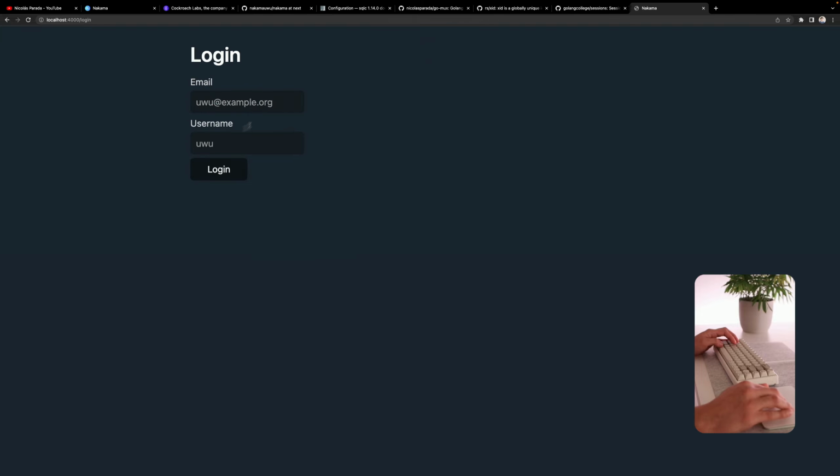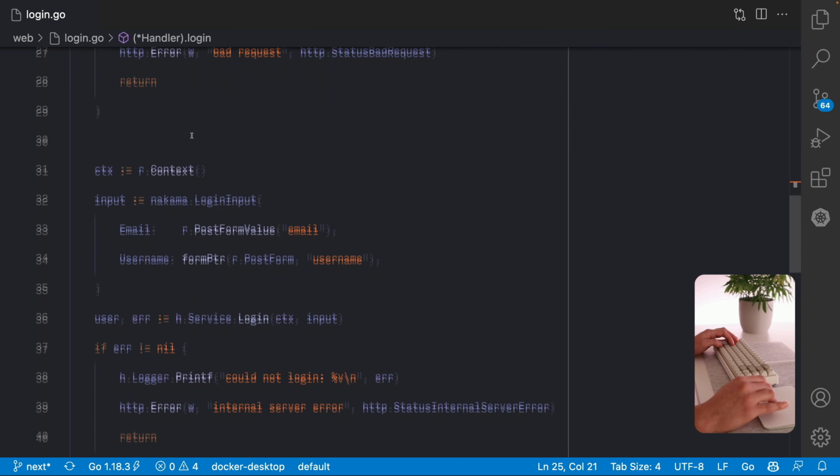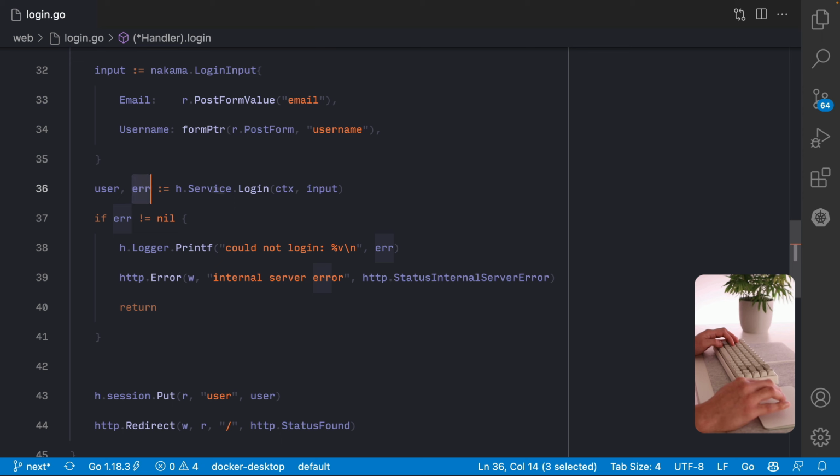Actually, this username input, I don't want to show it for everyone. So only if the user doesn't exist, I want to show it. So let's try that. So right here in the login handler, when we try to log in and we get the user not found error, we want to show that.